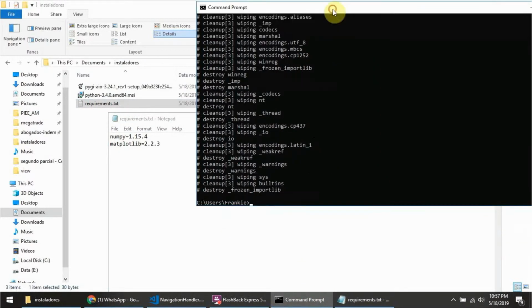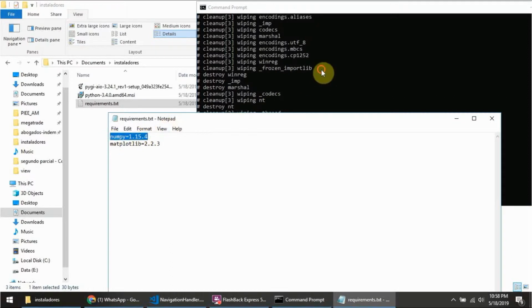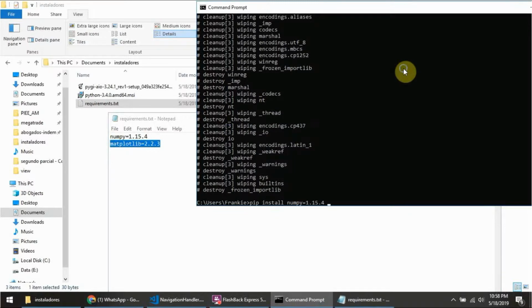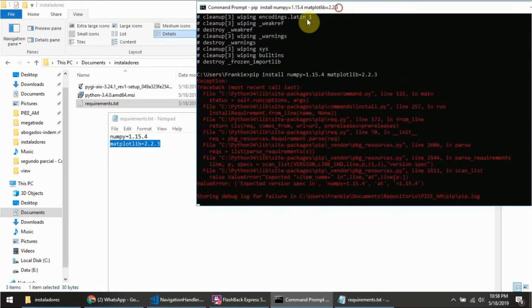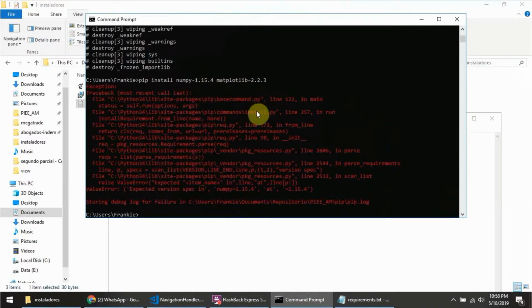It will download and install the package we indicate. As it says, the library was successfully installed. So we proceed to install the next one, matplotlib. We write here pip install matplotlib==